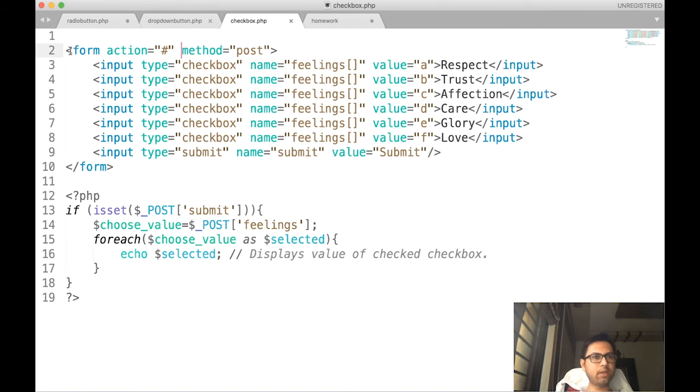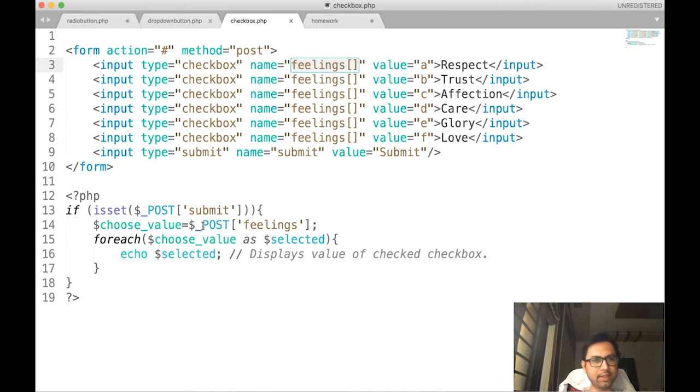For the checkbox, as in the previous one, first of all I created a form using the post method. Type is checkbox, name is, now see over here, the name is an array. Whatever you are selecting over here is stored inside this feelings array, because there is a provision to select multiple values in the case of checkbox. Of course you can select a single value also, but checkbox means multiple values are possible. So it is not a single variable but an array variable. That is why you have to give it a name like this, feelings array.